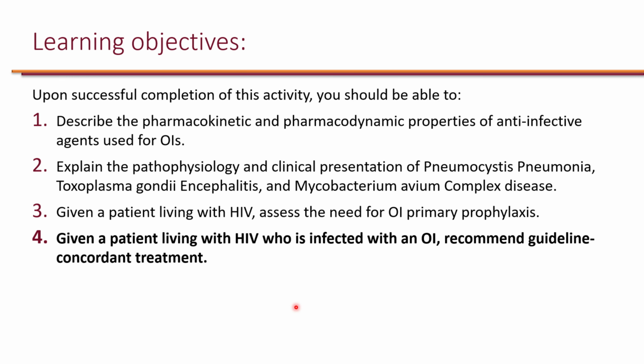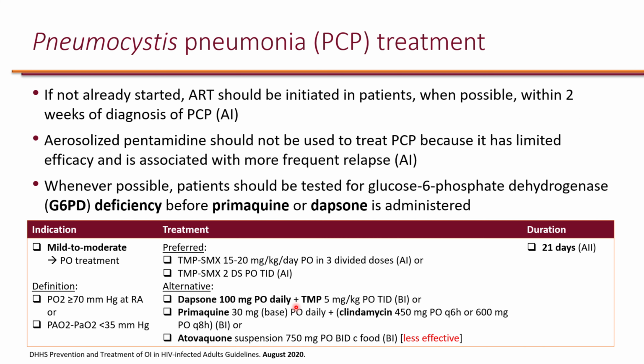The last learning objective is, given a patient living with HIV who is infected with an opportunistic infection, recommend guideline-concordant treatment. So for PCP treatment, obviously it's important to start the patient on ART to get the CD4 count up. And then for the actual treatment of PCP, you have to look at the severity. So for mild to moderate, and the criteria are listed here for mild to moderate, you typically use an oral